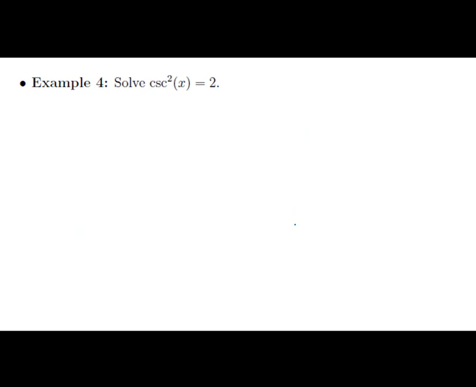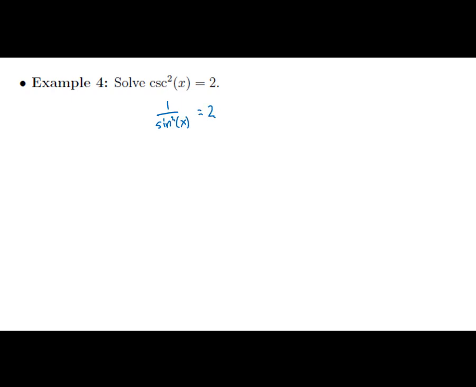All right, one more example. I have the cosecant squared of x equals 2. So in many ways this looks perhaps much simpler than what we've done on some of the other ones. But our knowledge on the unit circle really is most comfortable thinking about sines and cosines, right? So I would suggest that instead of thinking of the cosecant squared, let's think of the sine squared. So that would be 1 over the sine squared of x